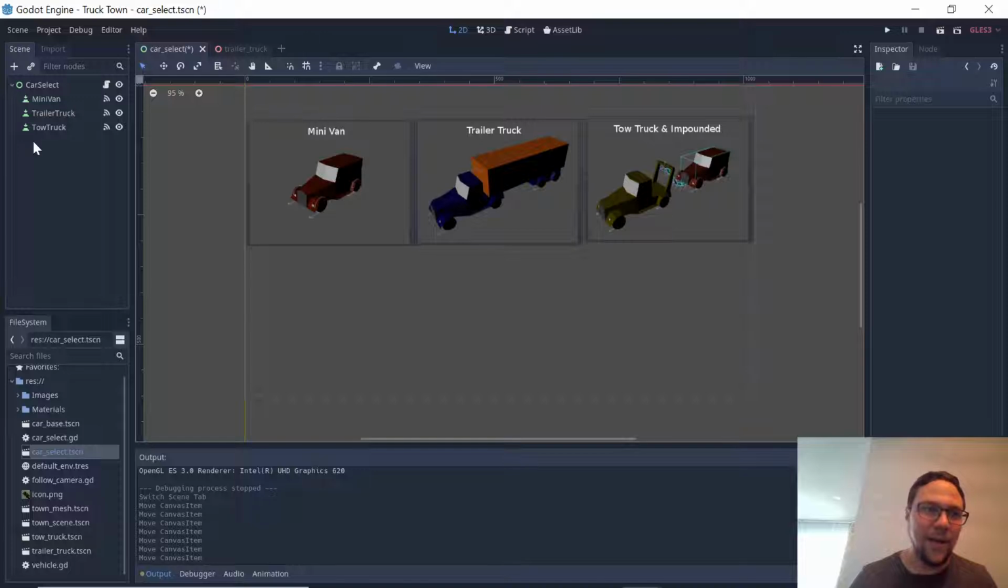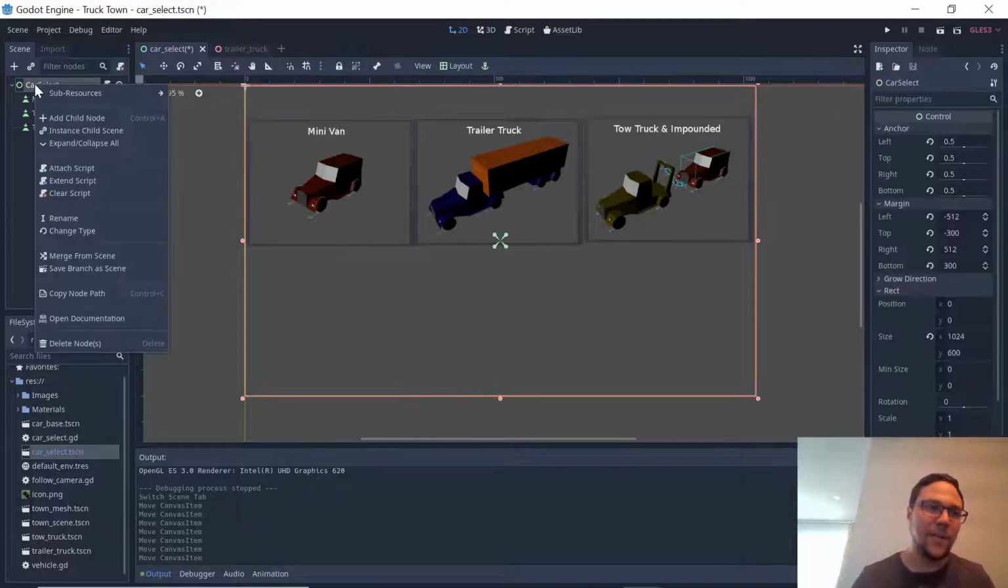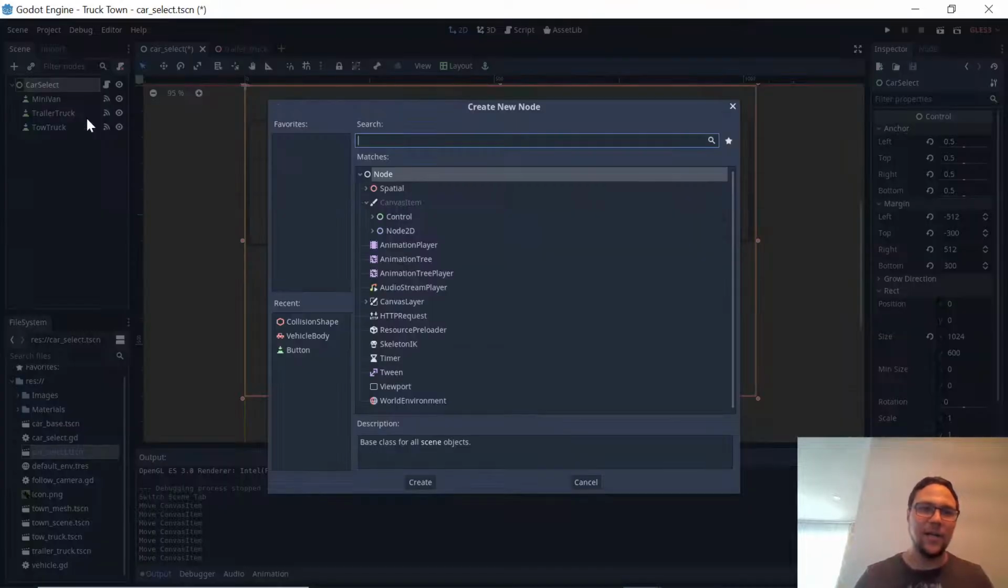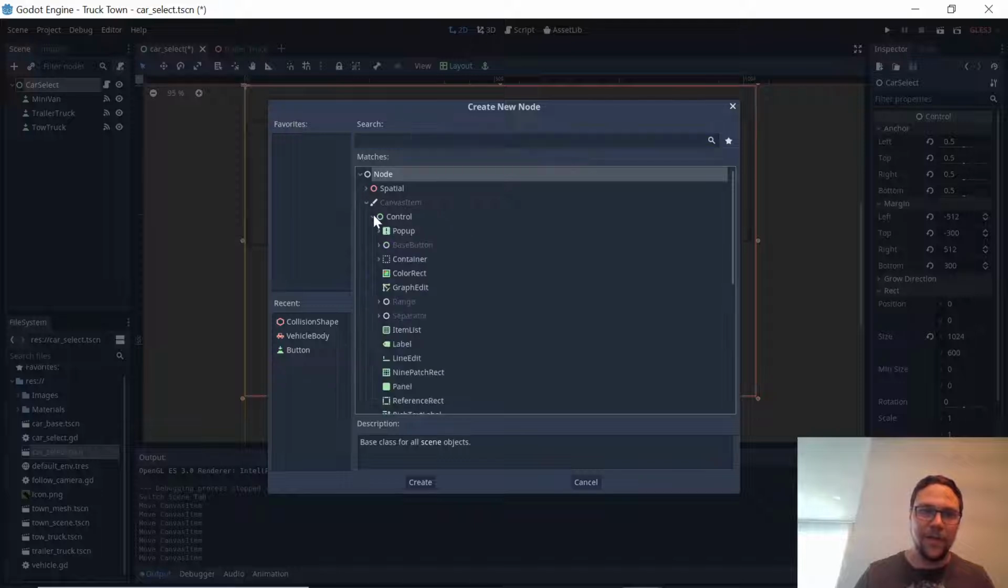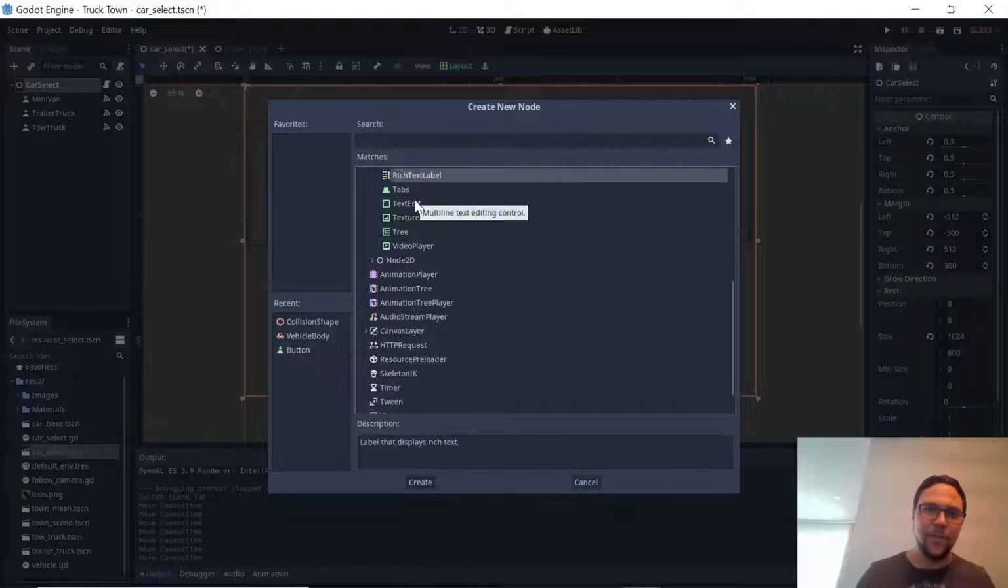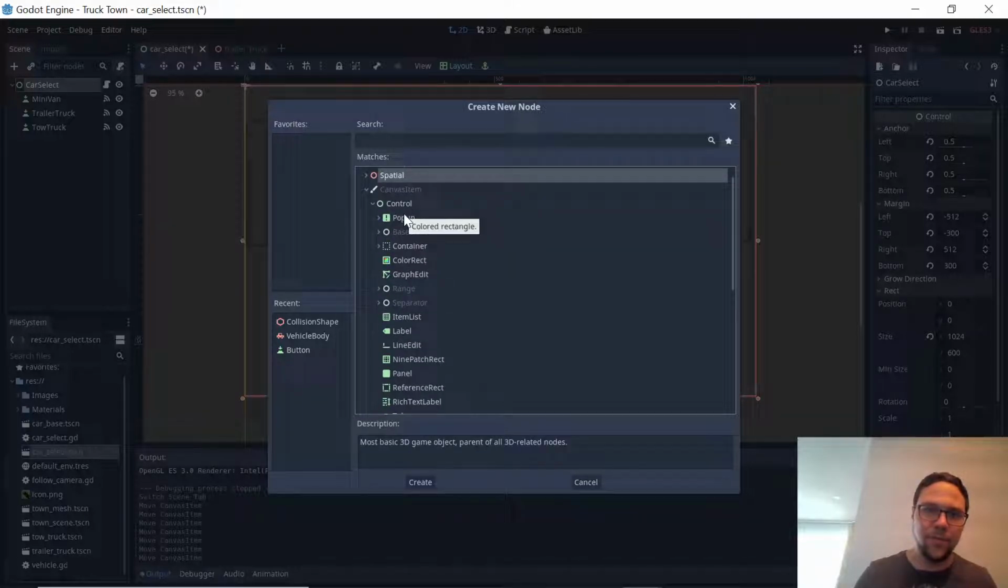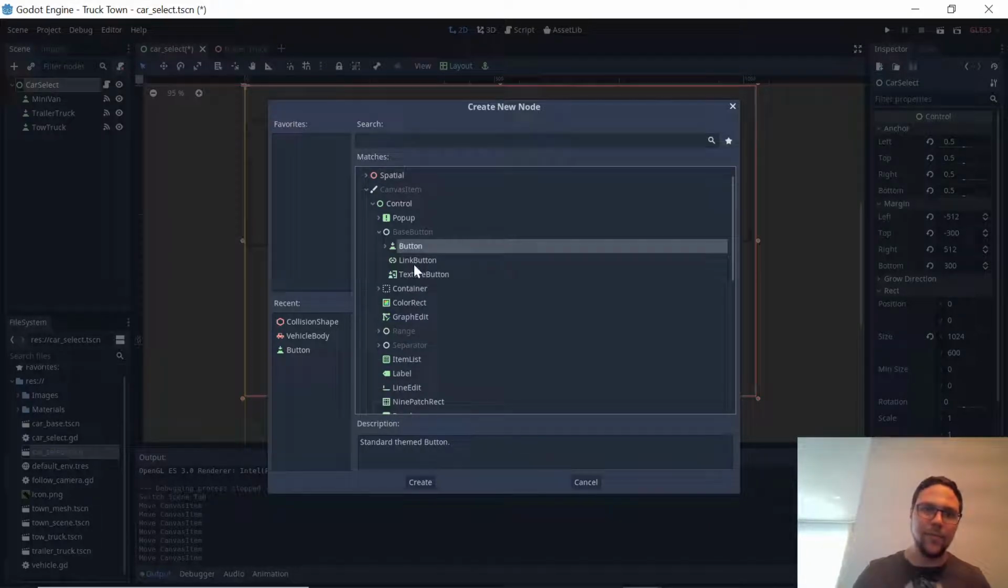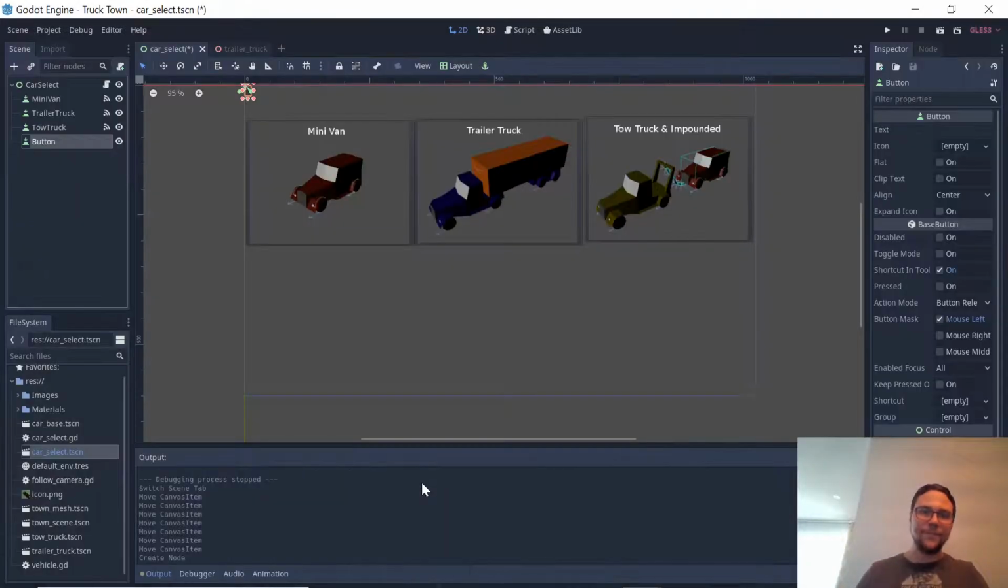And to do that, I'm going to add a new button. So on the car select, I right click, I hit Add Child Node, and then I'm going to find under Control, where is it? Oh, it's under a base button, just a normal button. Great. Okay, so I have my new button